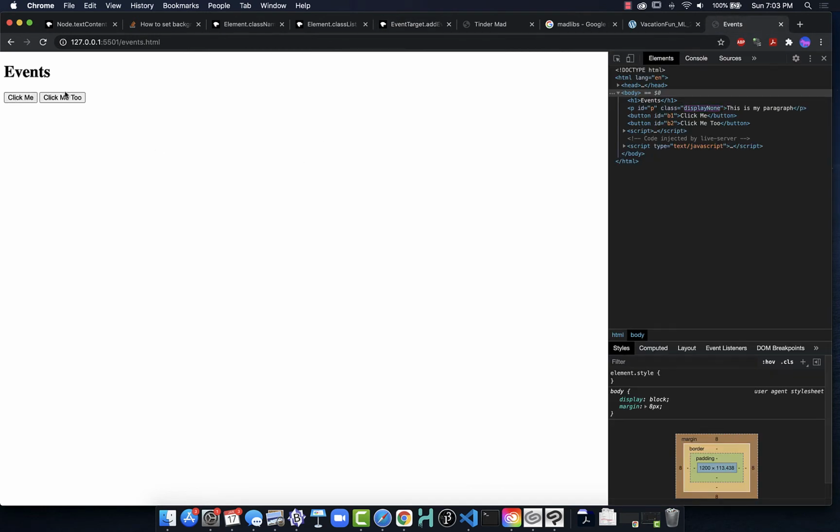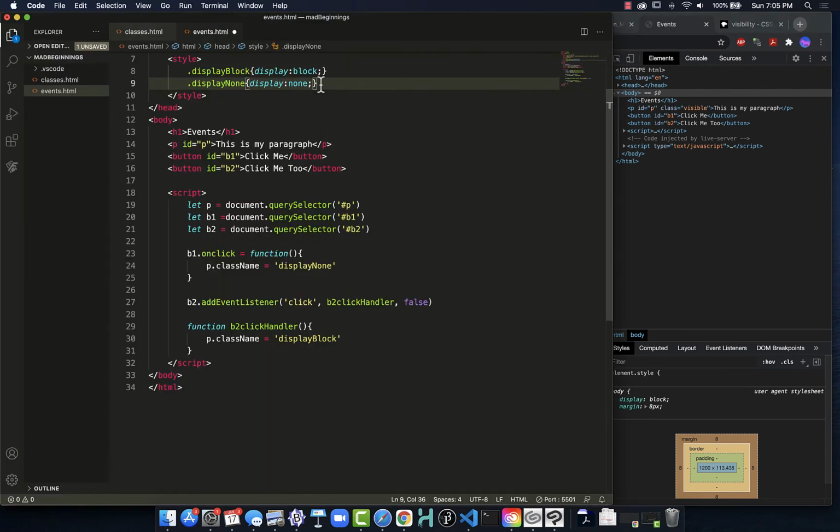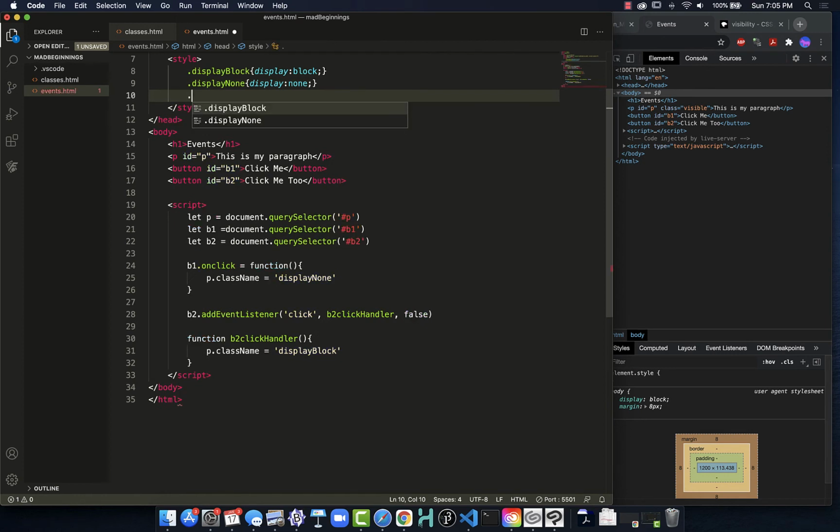So now if I click here, we can see these two buttons are controlling the visibility of this object, even though that object does show up in my markup. When we set its display property, it's no longer being displayed. So it's there, but we're not seeing it. It also effectively removes it from the document flow, so it doesn't take up any space on the page. So again, a different